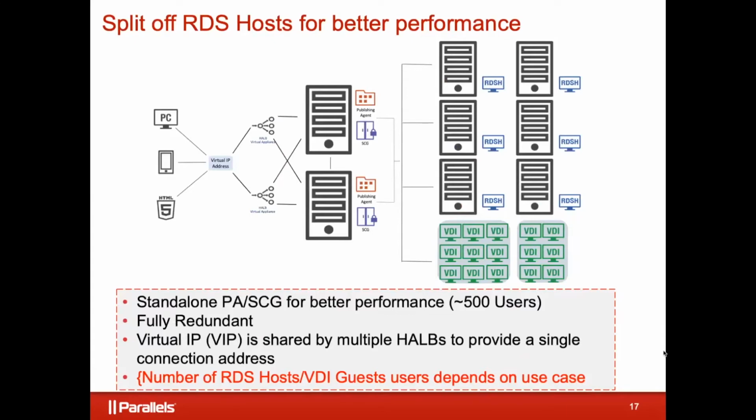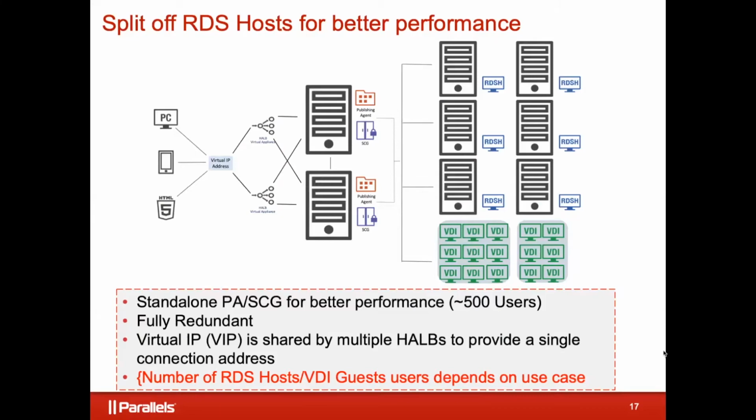The virtual IP address is just that. It's an IP address that's obviously valid on your network that's assigned to nothing else. We assign that in the RAS administrator console. I'll show you how to do that. It's really easy. And multiple load balancers can answer to that address. They share that address. They each have their own address, but they also all will answer to the virtual IP address. So if you have a failure in any of the load balancers, the end users can keep going.